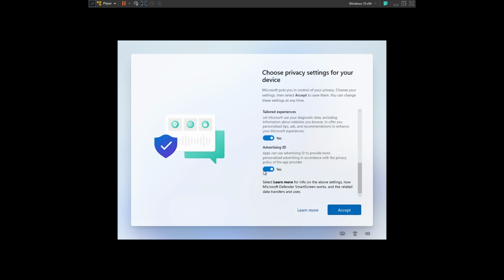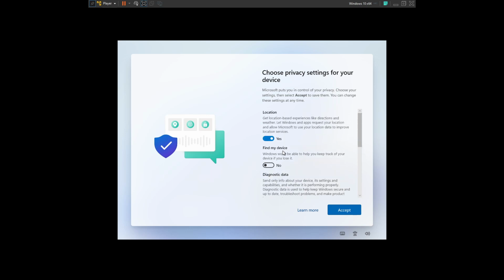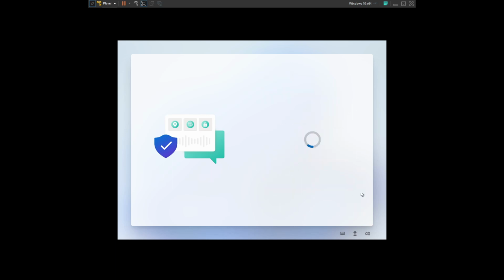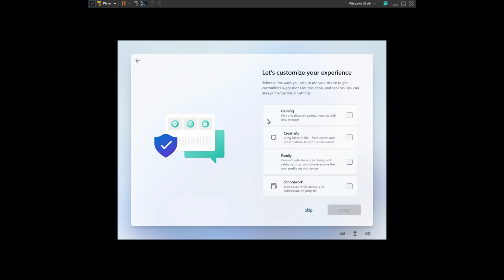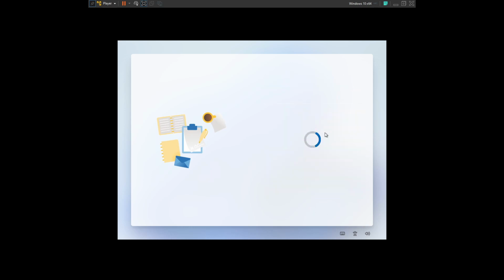Okay, it is asking for a lot of permissions, so I will just select no for all these services for now, because we don't know where it came from, and I don't think that we should add a lot of information into this Windows.